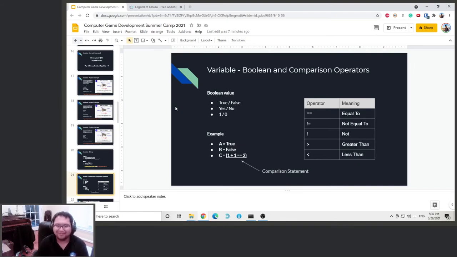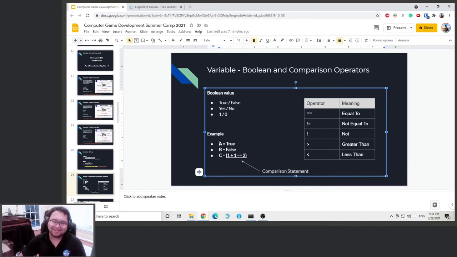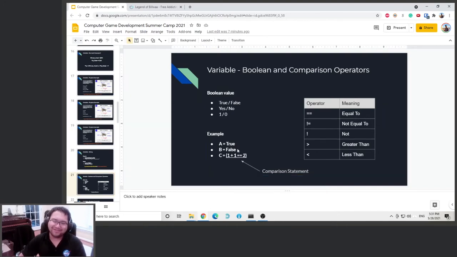1 is on, 0 is off. So when it's on, it also means true. Off also means false, also means yes and no. Basically, it's like that. So, some examples: you say A is equal to true, B is equal to false, and